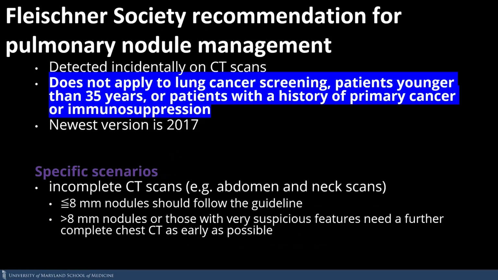Okay, lastly, the Fleischner Society provides recommendations for nodule follow-up in those that were detected incidentally. The Fleischner Society had guidelines starting in 2005 and 2013, and the differences between those and the newest version in 2017 are essentially a higher threshold for triggering the need for radiographic follow-up, greater flexibility in selecting a follow-up interval depending on nodule morphology and patient preference, and a longer duration of radiographic surveillance for suspicious subsolid nodules, okay?